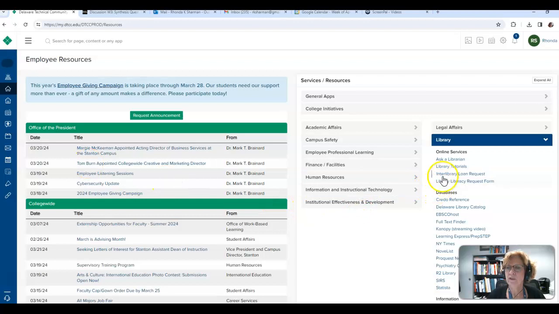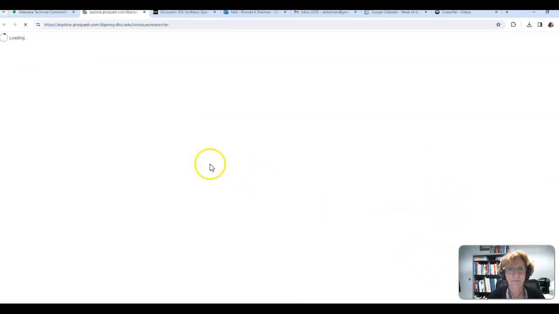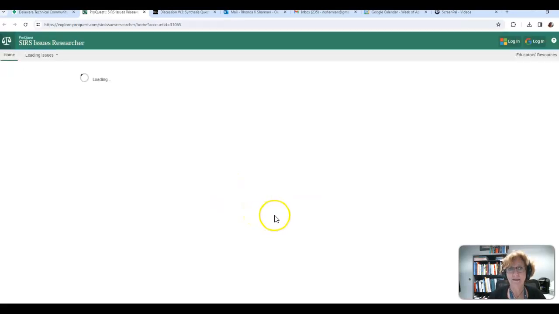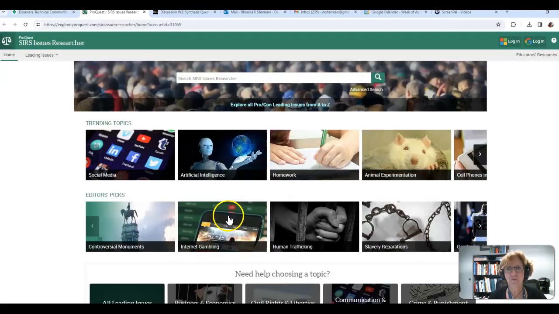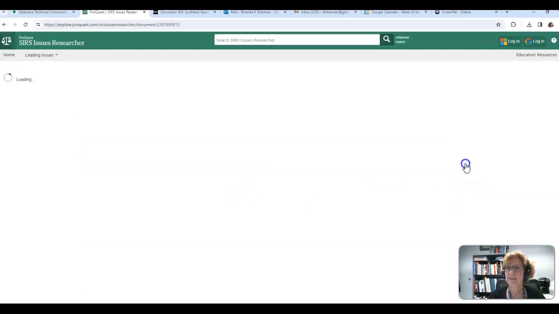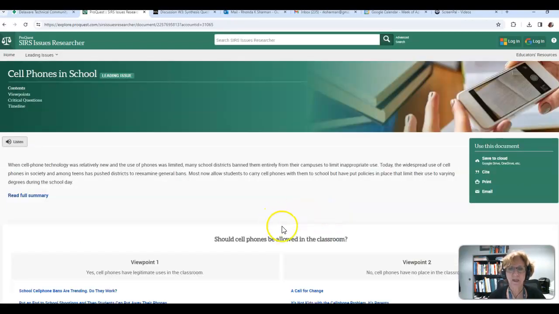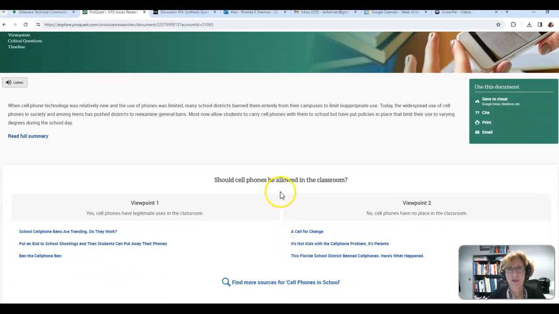So if you go into our library databases and go to SIRS, this is where you may have found your debatable topic, and so you can go right back to that area. Just for sample purposes, I'm going to look at cell phones in schools. And the synthesis question or research question is, should cell phones be allowed in the classroom?